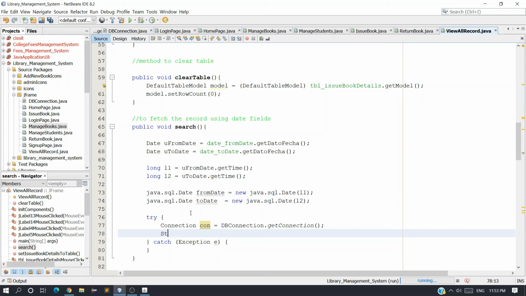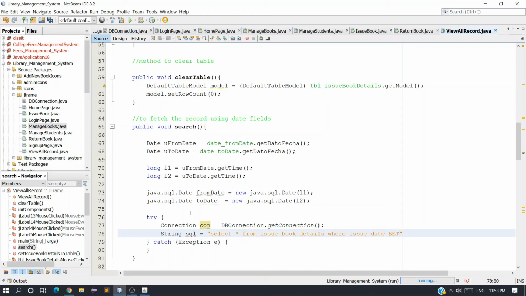So let me just write String sql is equal to, and the SQL query would be select star from the table named issue book details where issue date